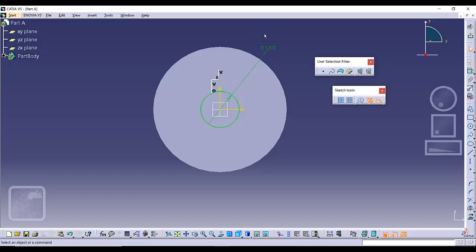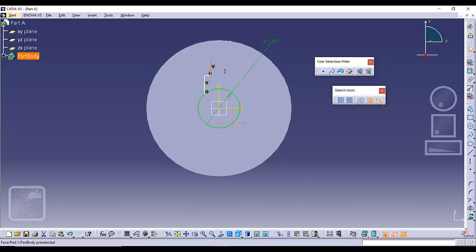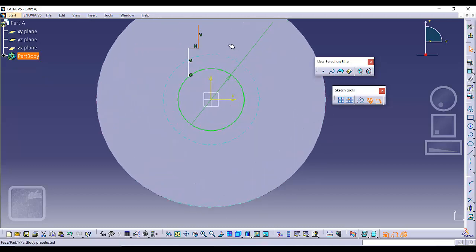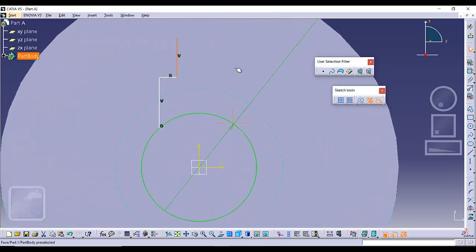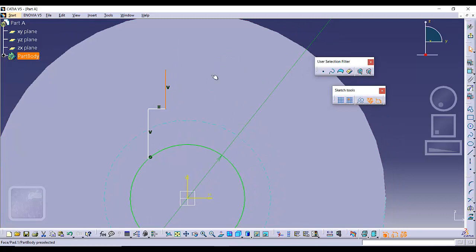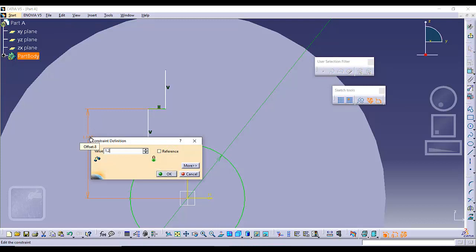So I am going to deselect this profile command. I am just going to move it here, and I'm going to zoom it and drag it to a position. Now I'm going to add some dimensions. I'm going to select the dimension tool, press the control, select this axis and this dimension and put it here. This dimension is given as 1.24,